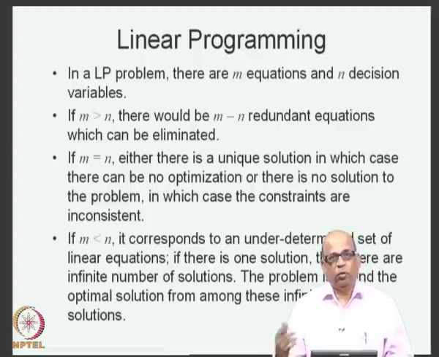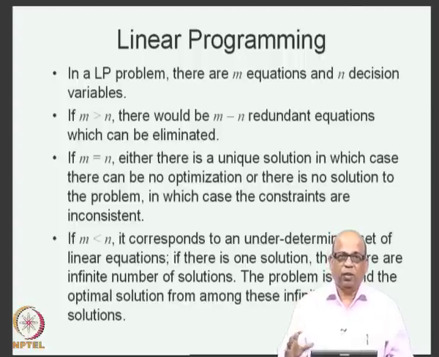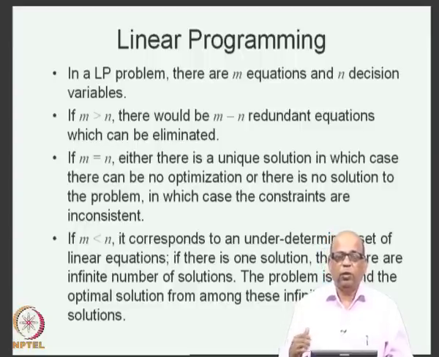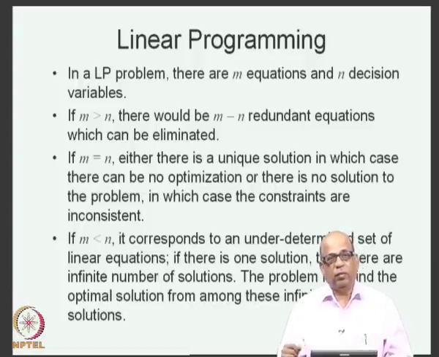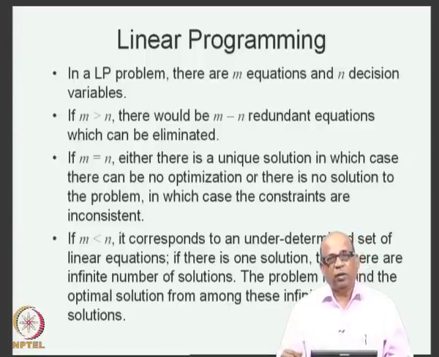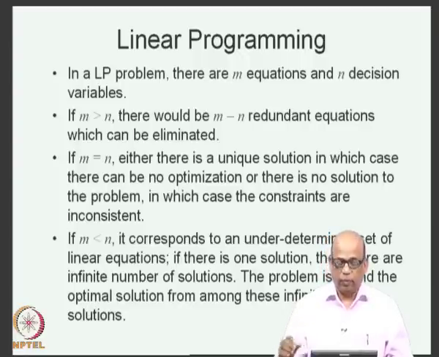or you may not have a solution at all. So, you may have m number of equations which may not have a solution at all. If you have a solution, it will be a unique solution. Therefore, m is equal to n is not a case to be considered, because there is no question of optimization. So, the only condition that we need to consider is where m is less than n, which means the number of equations that you have is less than the number of variables, in which case you may have infinite number of possibilities, out of which you would look at that particular solution which leads to an optimal solution. So, this is the case that we will be talking about.